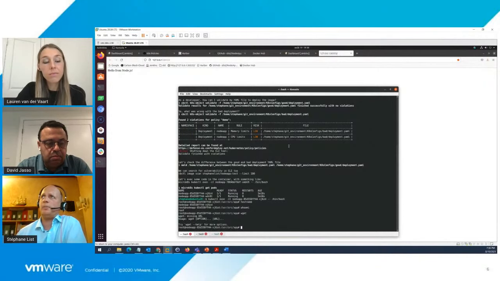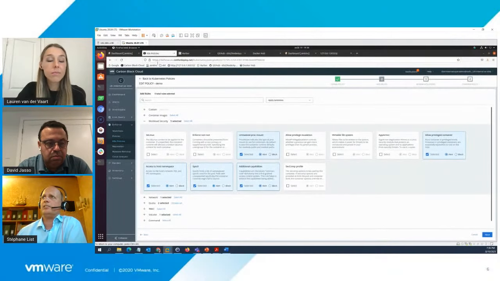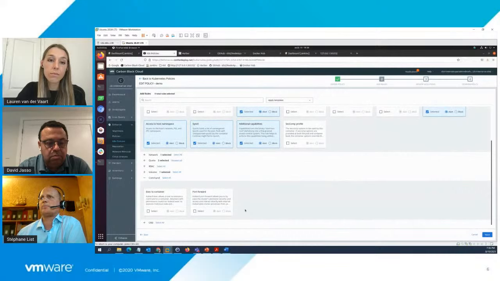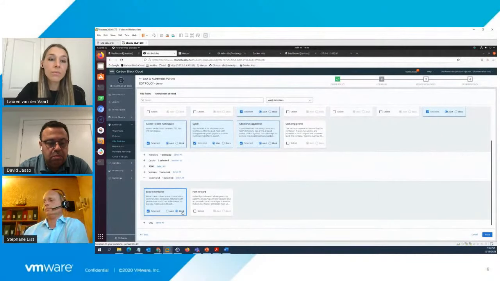So within the Carbon Black console, you can specify in the policy that, for example, for the command exec to container, I can say, okay, now I want to block. So I want to block each time a user will try to use kubectl exec or will try to access my container using kubectl exec.